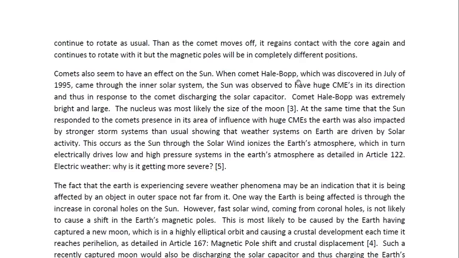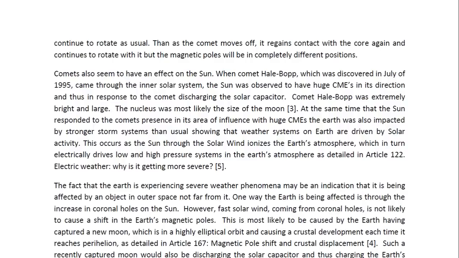When comet Hale-Bopp, which was discovered in July of 1995, came through the inner solar system, the sun was observed to have huge CMEs in its direction, and thus in response to the comet discharging the solar capacitor. Comet Hale-Bopp was extremely bright and large. The nucleus was most likely the size of the moon. At the same time that the sun responded to the comet's presence in its area of influence with huge CMEs,